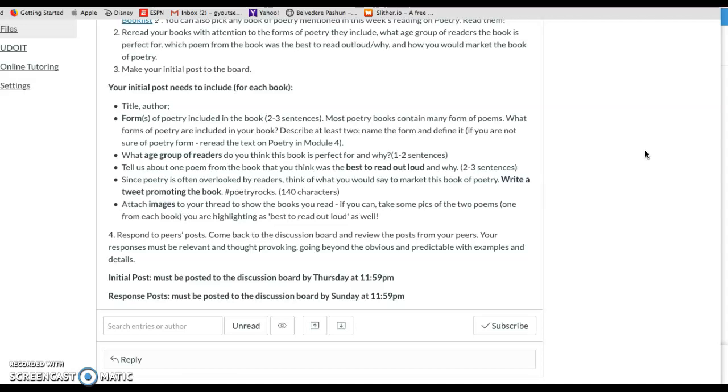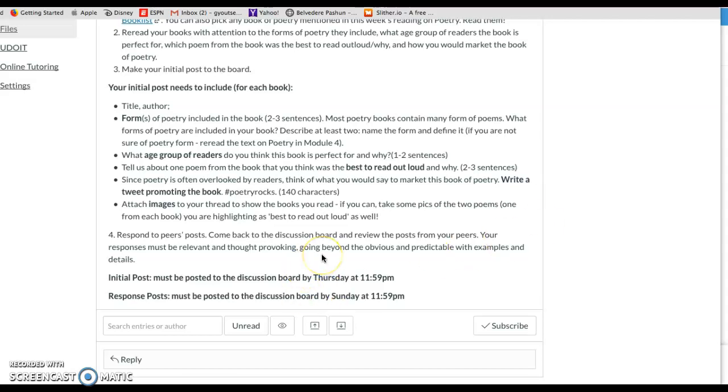And at this point in the game, I will not give credit if I can't see the image. So double check if you're embedding photos, that's great. Just verify that they did go through. If you're having trouble with the embedding, please make sure that you are just attaching them, and it should come through easier that way. Also, do make sure that you're responding to your 2 peers.